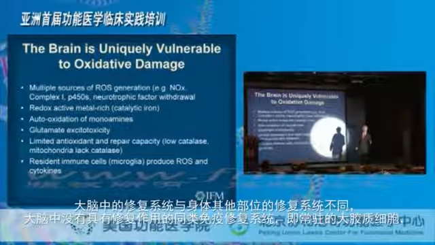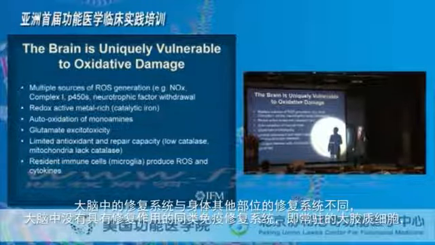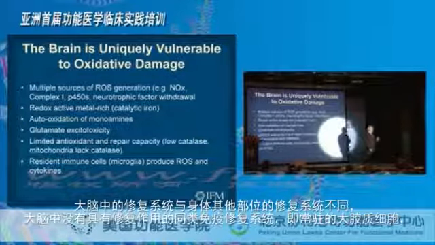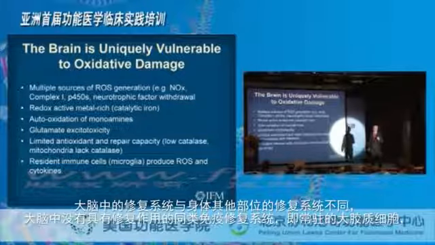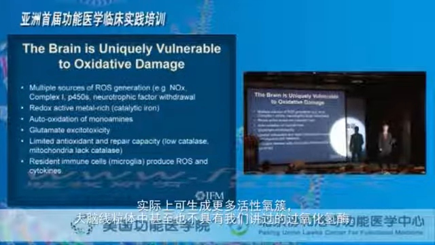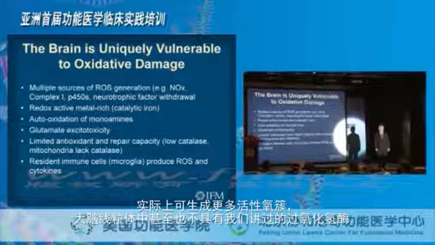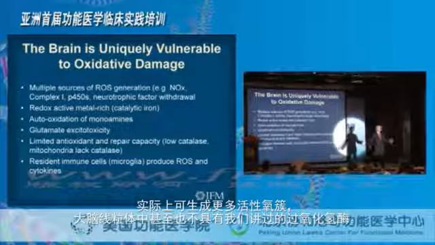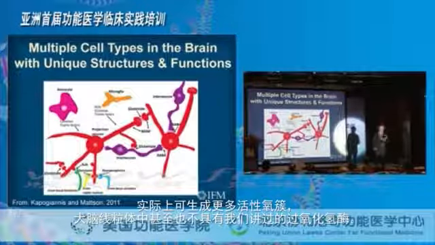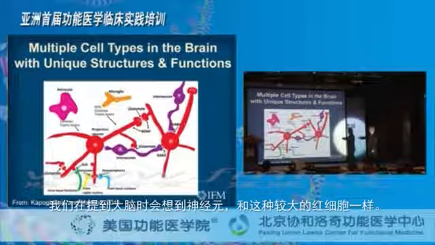And the repair system within the brain is different than the repair system within the rest of the body. We don't have the same kinds of immunologic repair system. The microglia that are present in the brain that act to help with repair, they actually produce more reactive oxygen species. And one of those enzymes we talked about, catalase, isn't even present in the mitochondria that are inside the brain. So when we think about the brain, we think about neurons, like these big red cells